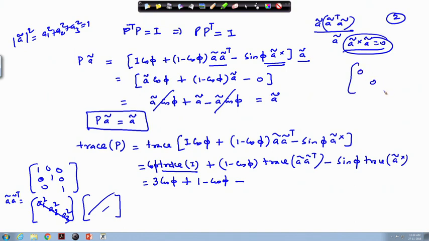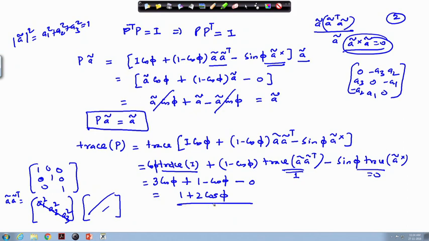So, A cross is your 0 0 0, and here minus A3, A2, minus A1, minus A2 and A3. So, the sum of the diagonal elements here is 0, and therefore, this term drops out, this is 0, this quantity is 1. So, here this becomes 0, and what ultimately we get is 1 plus 2 cos phi. So, the trace of P is exactly of the same format as the trace of the C matrix, the rotation matrix. So, in all the ways that we see, P is identical to